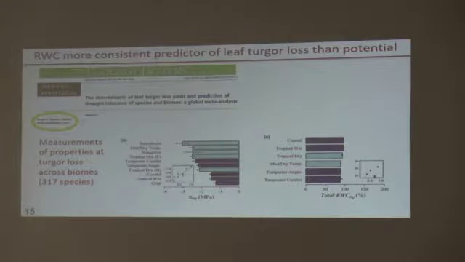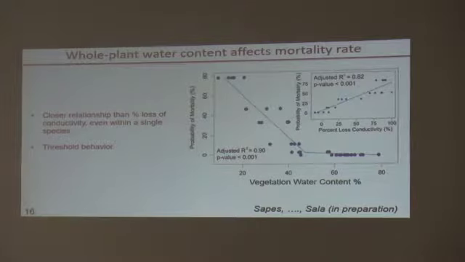But of course, these are leaf scale measurements in the lab. That's a long way off from the landscape. So we go maybe one step up, and our collaborator Anna Sala in Montana actually has more promising results on relative water content. These are saplings of, I believe, ponderosa pine grown in a greenhouse and then dehydrated. And then they really looked at the mortality rate as a function of vegetation water content. And so you see that there's a pretty close